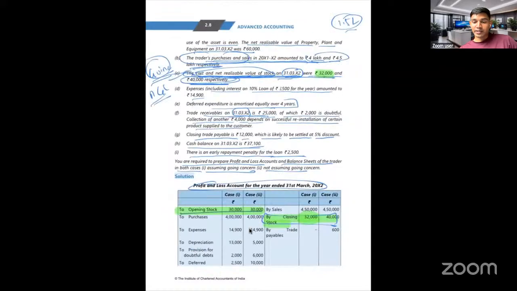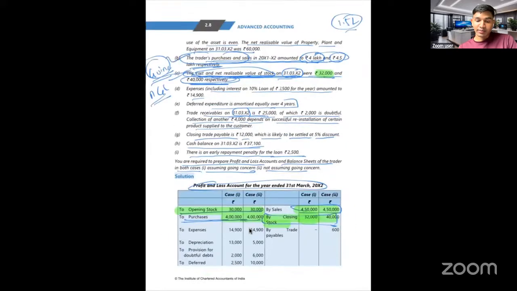For purchases, the trader's purchases and sales are 4 lakhs and 4.5 lakhs respectively. So the purchase is 4 lakhs and the sale is 4.5 lakhs. So there will not be any change; you have to take them at current values only. Now, this has been used. Now we will see